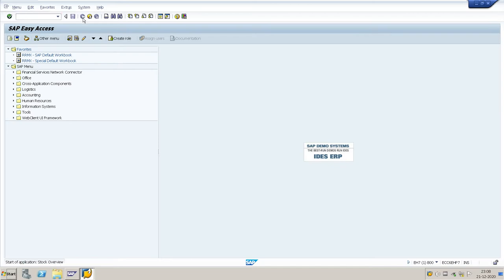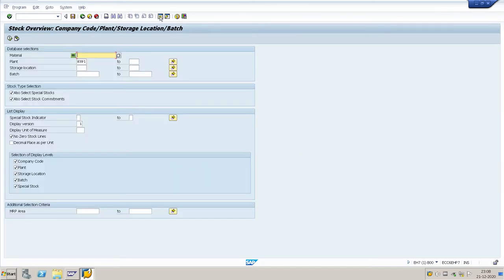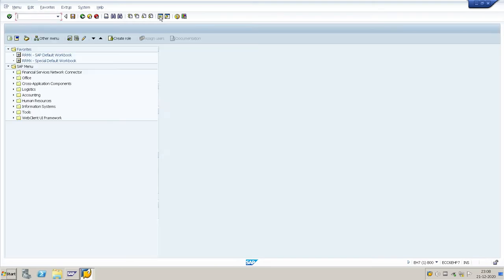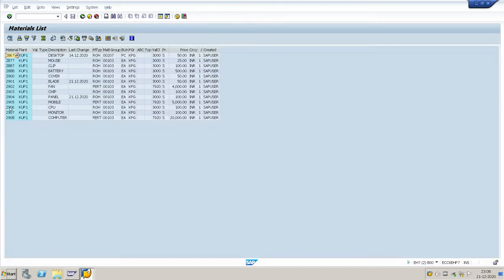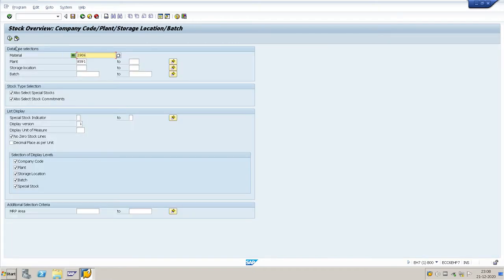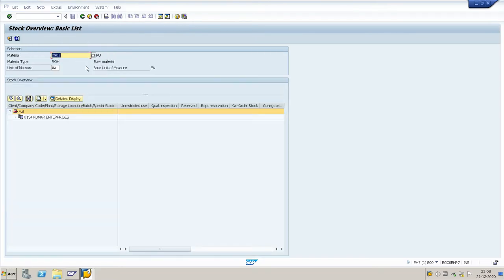Check the system stock for the raw material. As of now, we don't have raw material stock in the system, so we will make stock in the system.